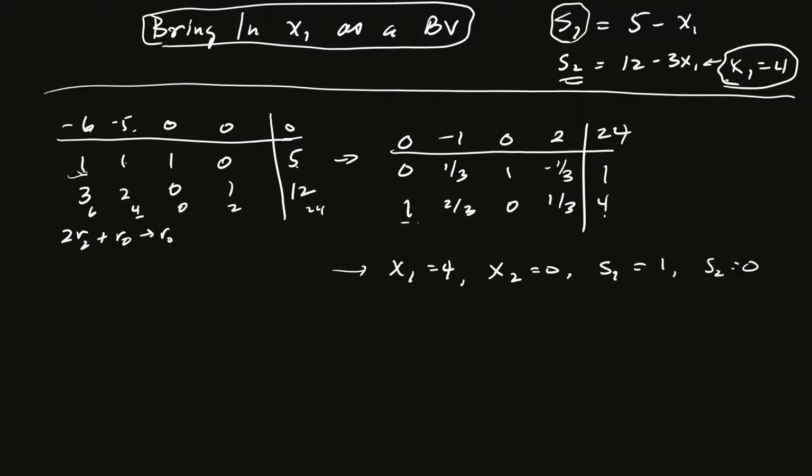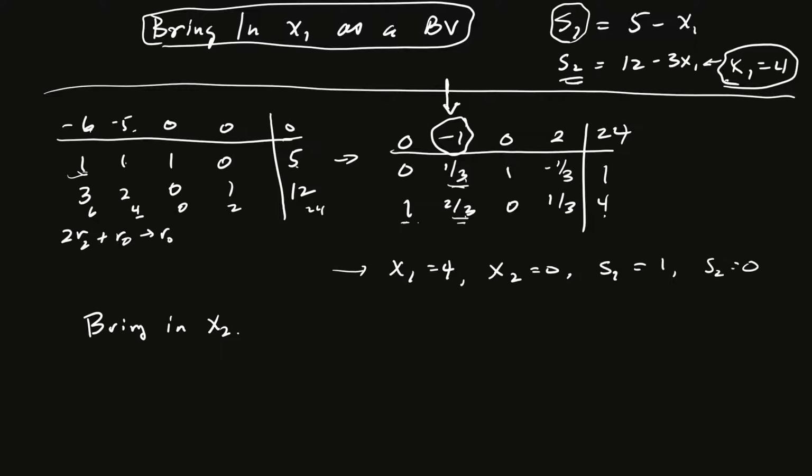Now, can I do any better? I look at row 0, and I look to see if I have any negative numbers, and I do, right there, x2. So the next value that comes in is we're going to bring in x2. Good. Now, that means I'm going to use these coefficients here, because I'm writing the next value in terms of these two. Okay, so what I mean by that, excuse me, is that